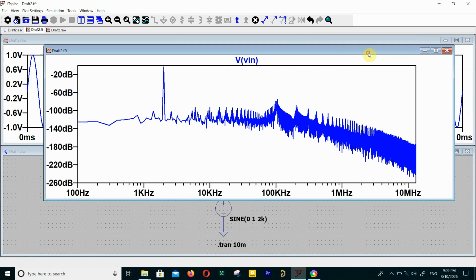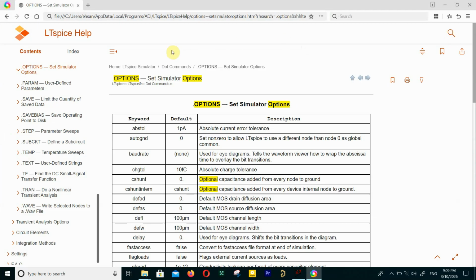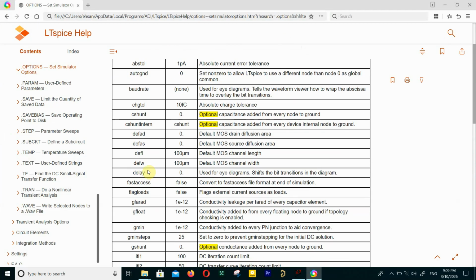If you plot this, hit OK, and as you can see, this is not a spike at a specific 2 kilohertz, and there is a lot of noise in LTspice. So we have to set some options to fix this problem. Just go to search and search for options. What are some options that we have to take into account